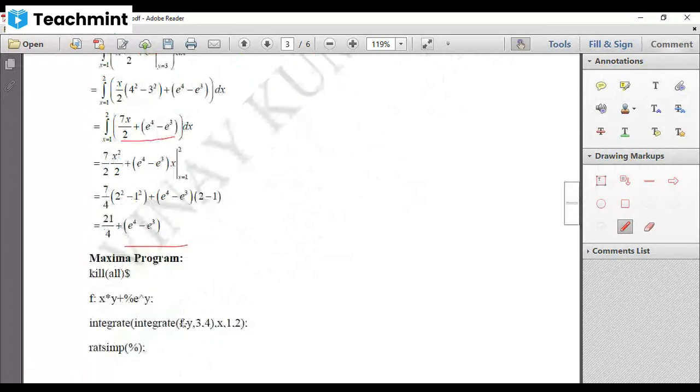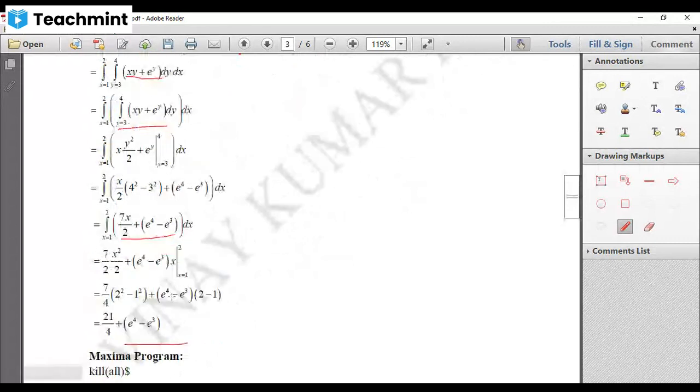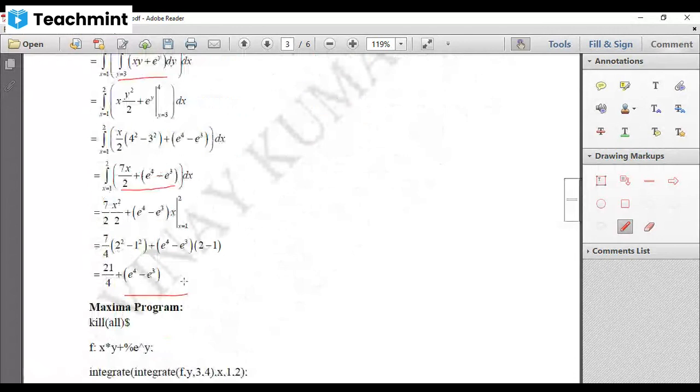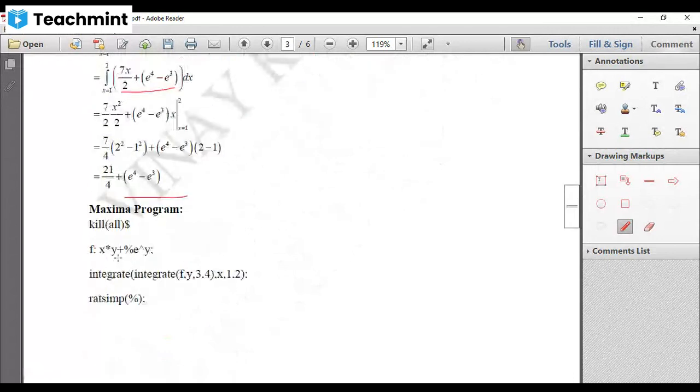Okay. Now, what is the Maxima program for this? As usual, kill all. You'll write f. What is your function? Given function is x into y plus e to the power of y. How are you going to write that one? x into y plus percentage e cap y. Then integrate of